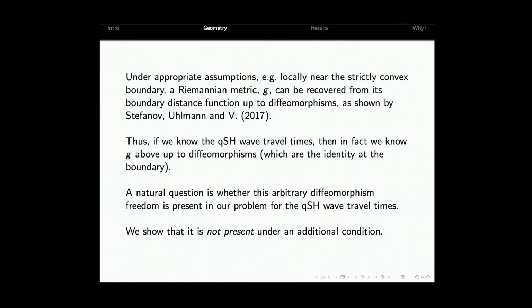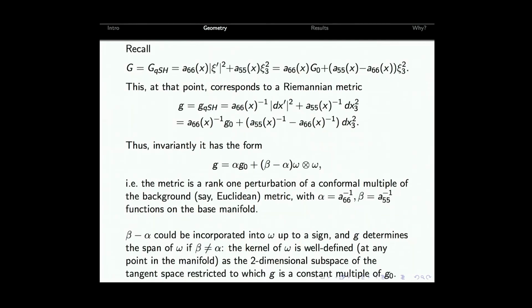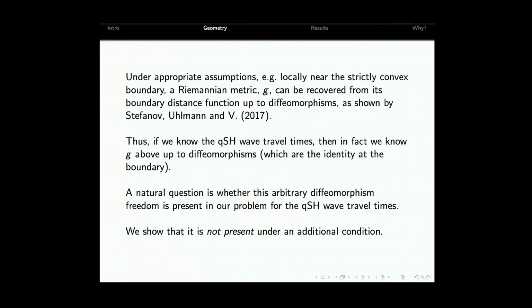So I said the global version, but for example, you can even do it locally. That sort of indicated that this layer stripping part. You can recover a Riemannian metric from its boundary distance function. So travel times of the waves between boundary points. So what this tells us, because this is a Riemannian metric, this is the metric function of a dual, the length function, the length of covectors corresponds to a Riemannian metric. What this tells us directly, no work, is that in fact from this